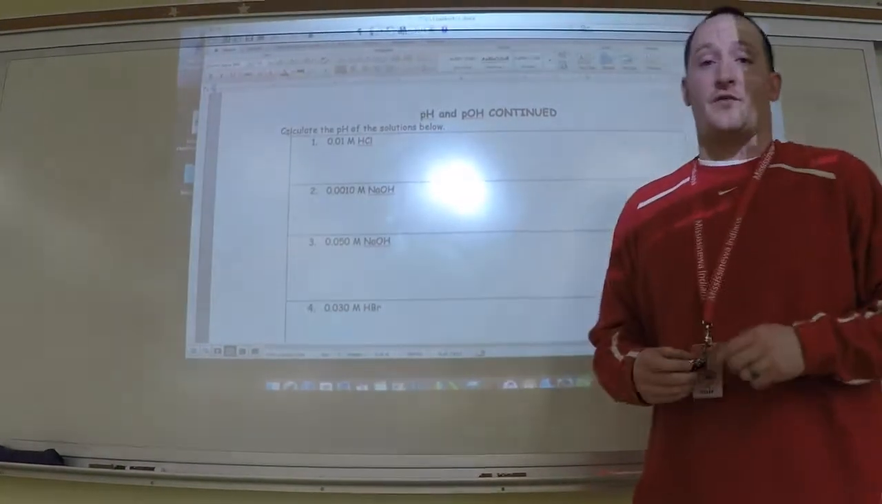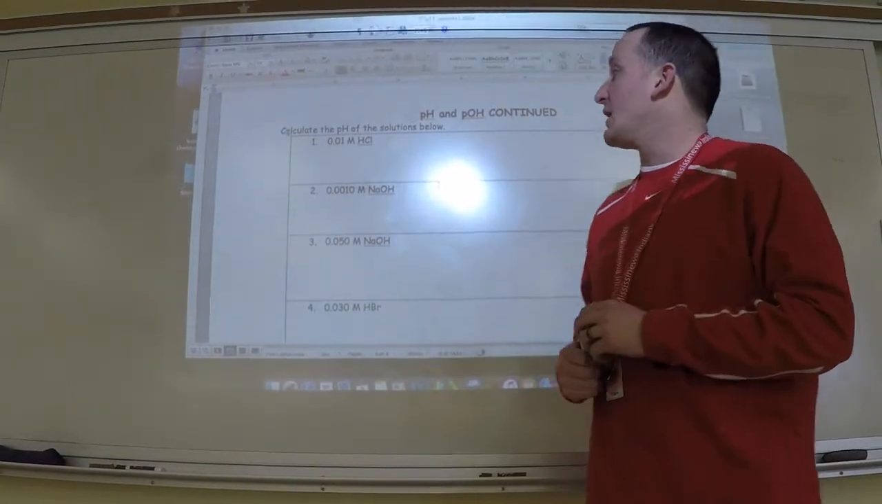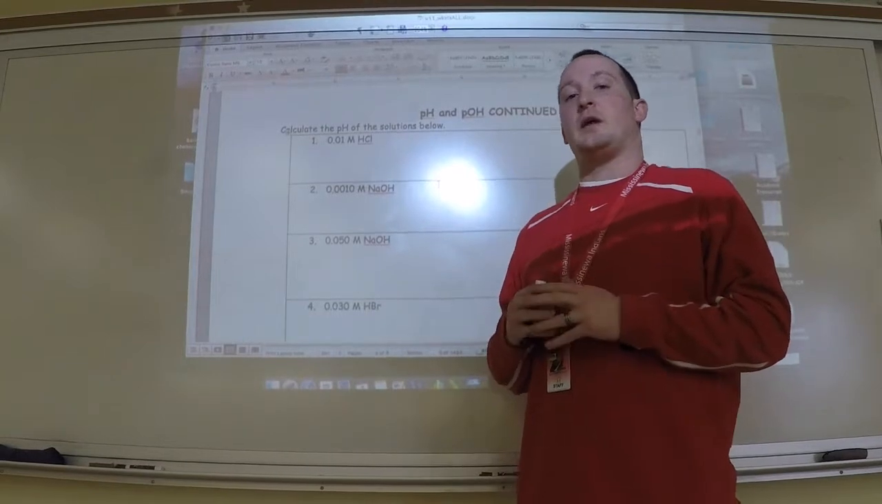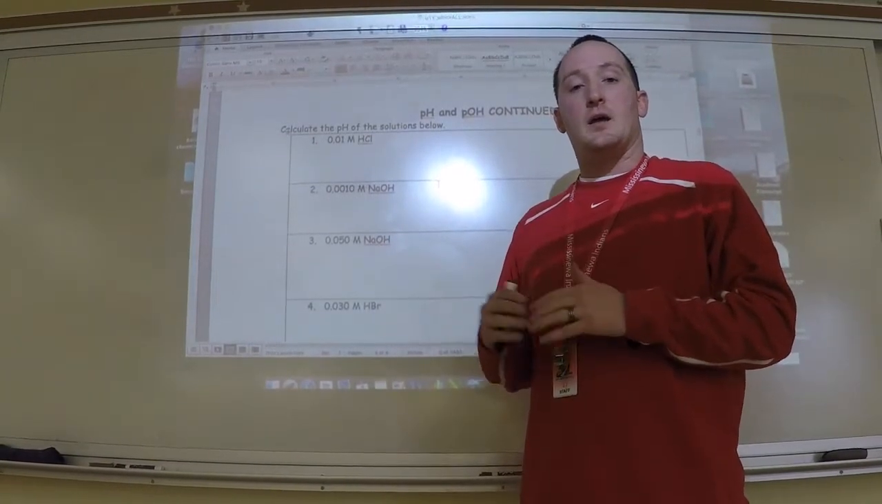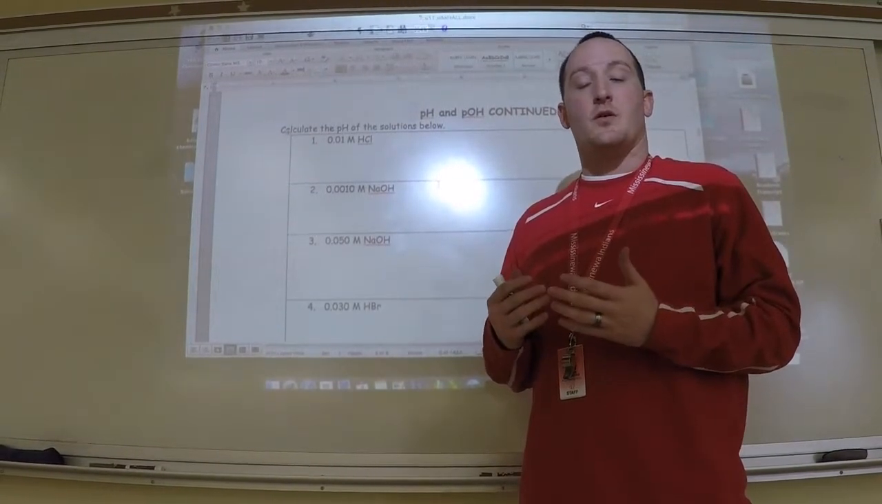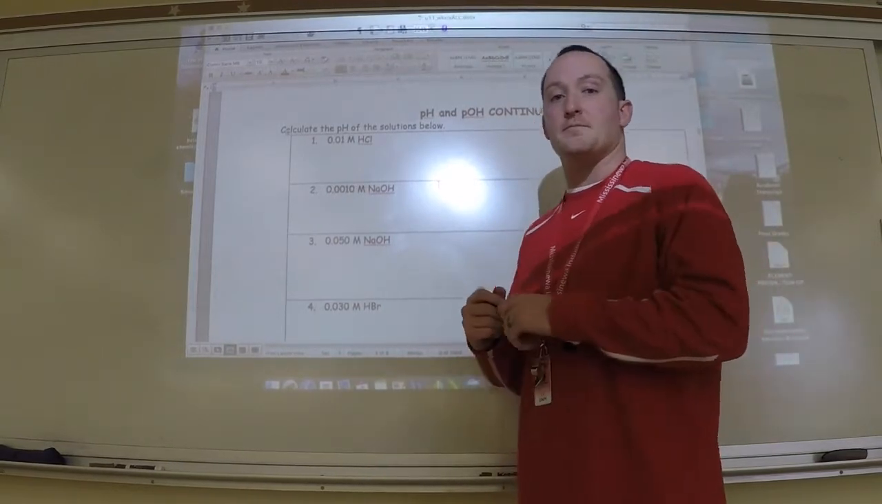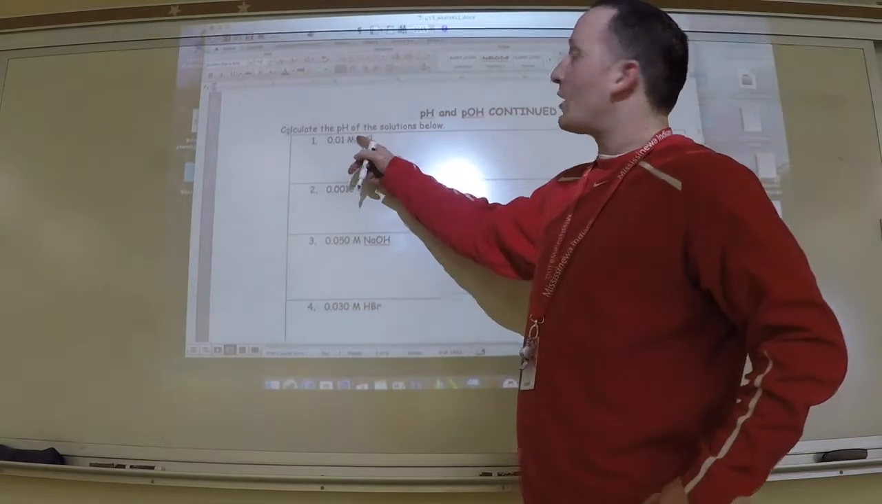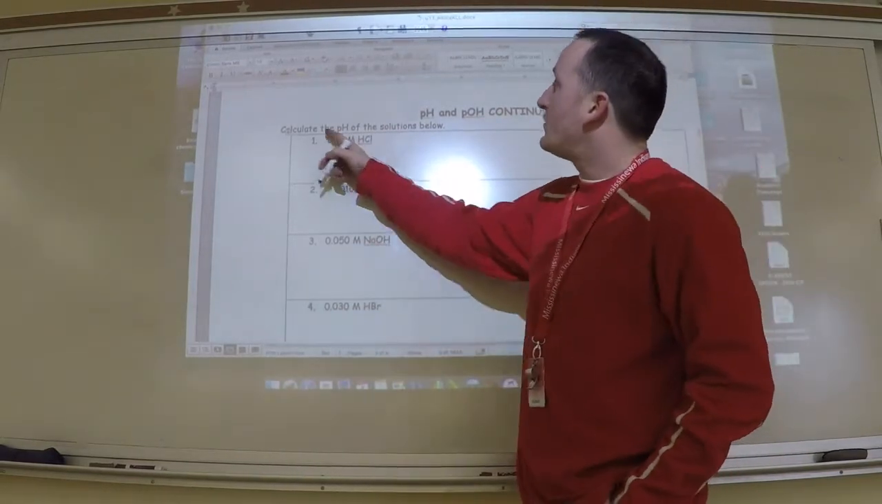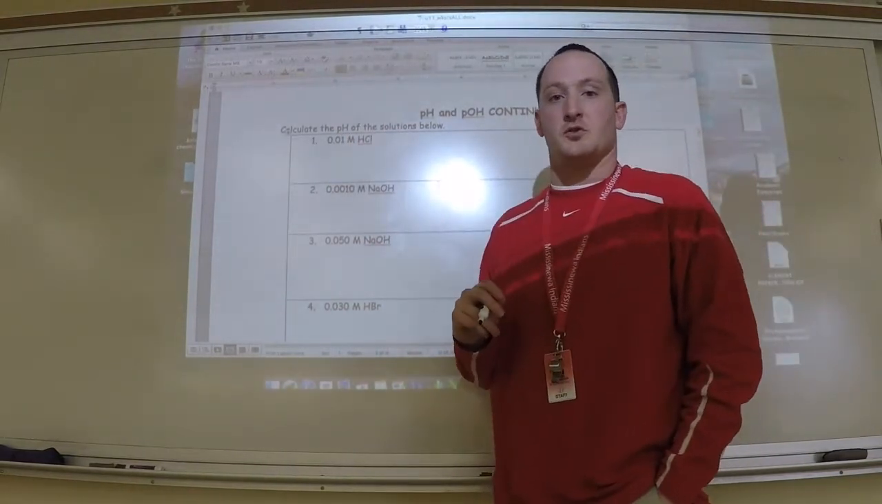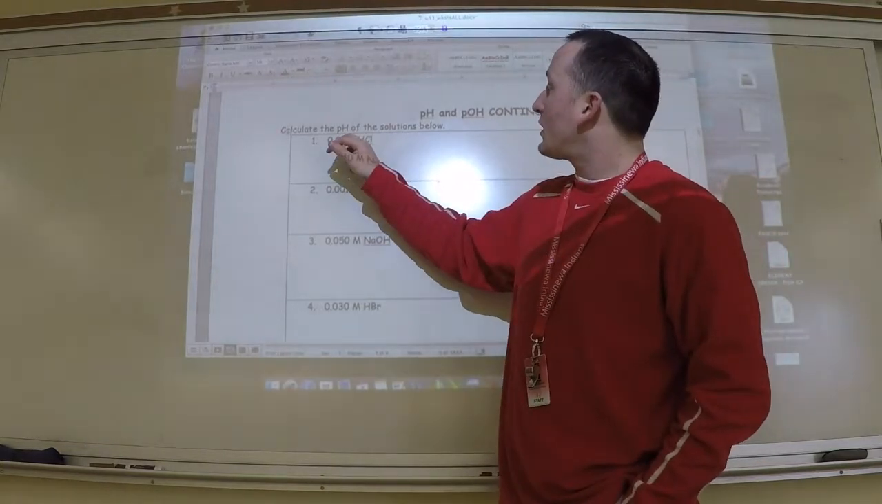There's actually one more thing that I forgot to tell you guys. I told you at the very beginning of the lesson that I would teach you how to estimate the H plus concentration or the OH minus concentrations of a solution. So here's how you do that. For instance, this problem here on the back side of your assignment says that you need to calculate the pH of the solutions below. Well, if you look at this solution here,